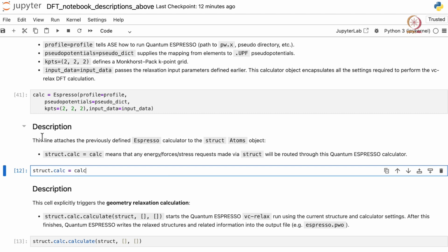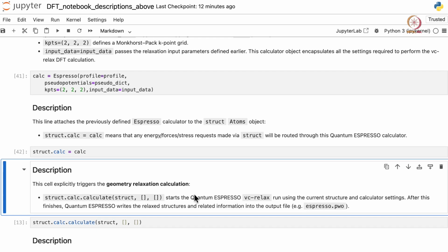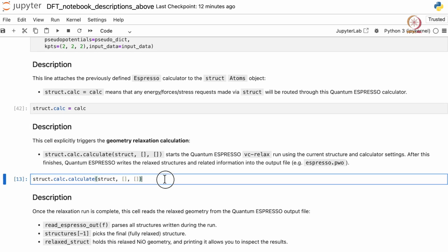This cell explicitly triggers the geometry relaxation calculation. So structure.calc.calculate starts Quantum Espresso vc-relax using the current structure and calculation settings.